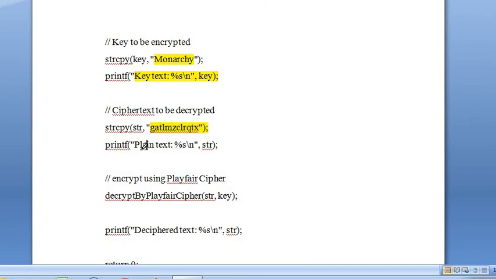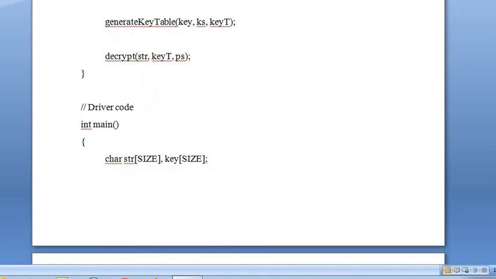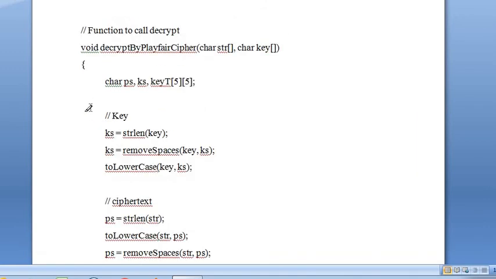So here this is a ciphertext. After decryption, the plain text is entered. So now the decrypt function for playfair cipher is called, likewise the encrypt function is called. Here the function is called and executes. It takes the plain text and key, where the plain text is nothing but the ciphertext. That is taken, and the length is found.